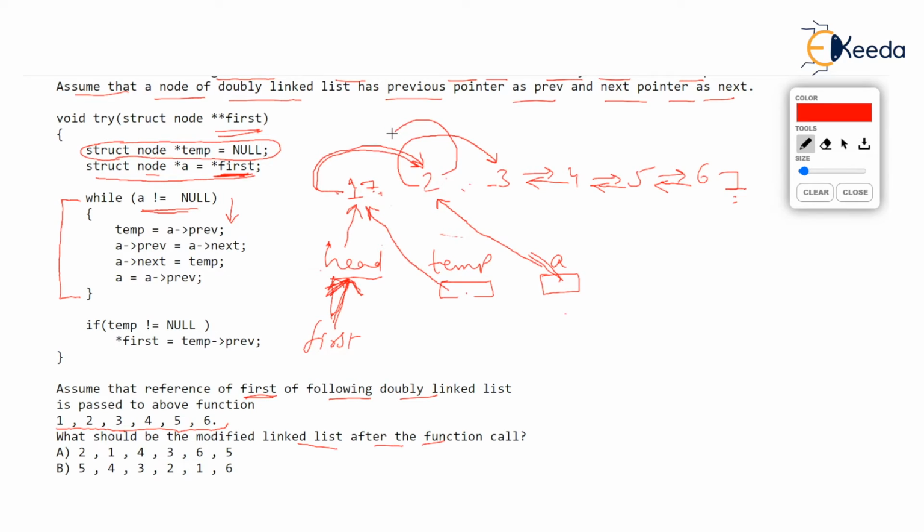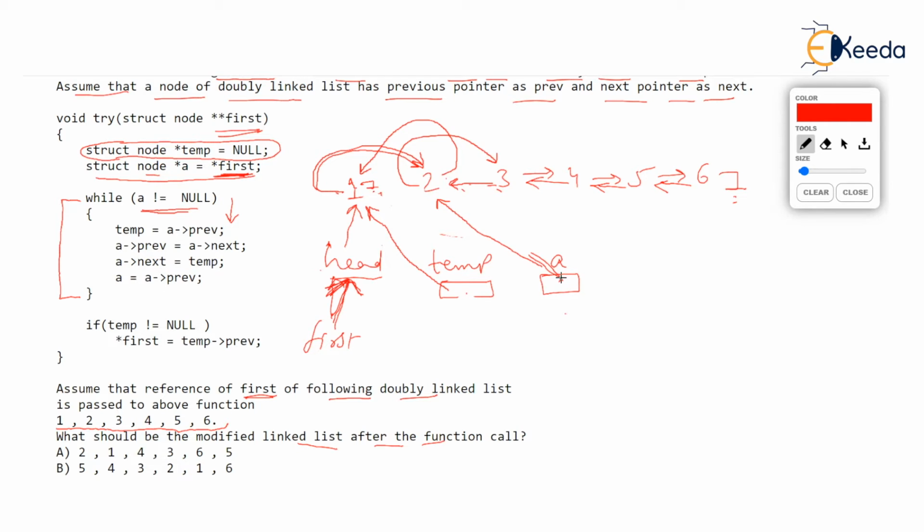What's happening is that this doubly linked list is getting reversed. Very early I told you, actually I should have given a chance for you to think what's happening. But in one of the videos, before solving these gate questions and practice questions, we saw how to reverse a singly linked list. And what's happening here, you see, is that this doubly linked list is getting reversed. By the way, we have reached a arrow next equal to temp, isn't it? Now the next line is a is equal to a arrow prev.